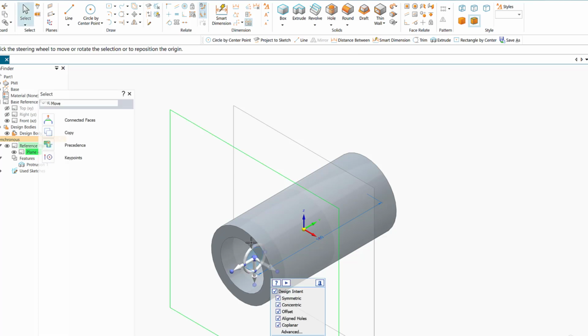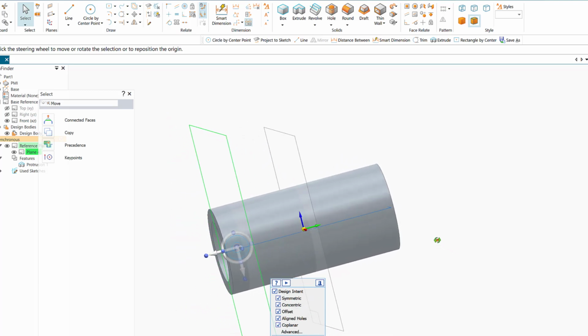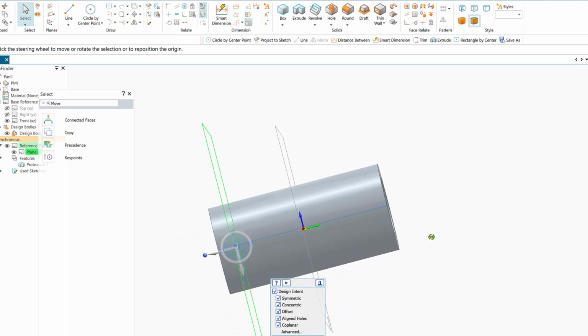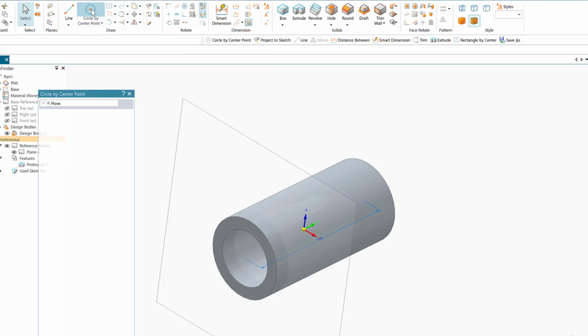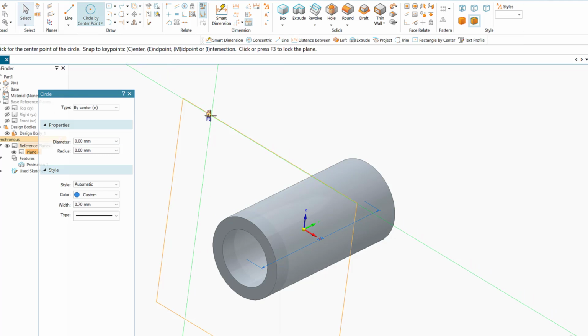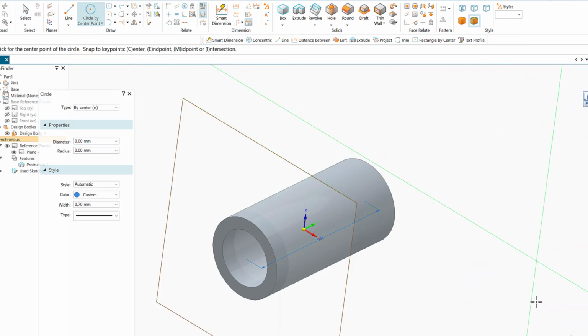So I succeeded to draw a plane which is 40 millimeter from the center, as you can see here. Now I don't need the other one in the back here, so I'm gonna hide it. Okay, now I need to lock myself to this plane, so everything I'm gonna draw is going to be in this plane. So I'm gonna click on circle by center, so I can lock myself to this new plane. Click on this one. Now I'm locked to the new plane, so I'm gonna go to the front,